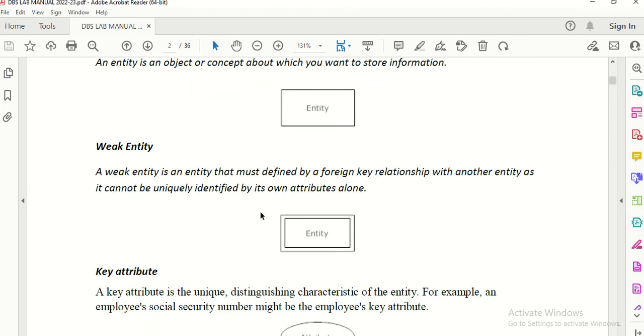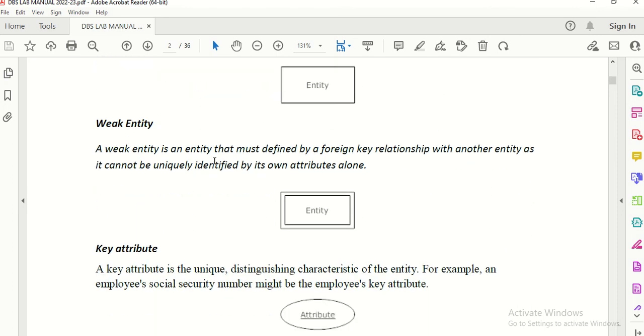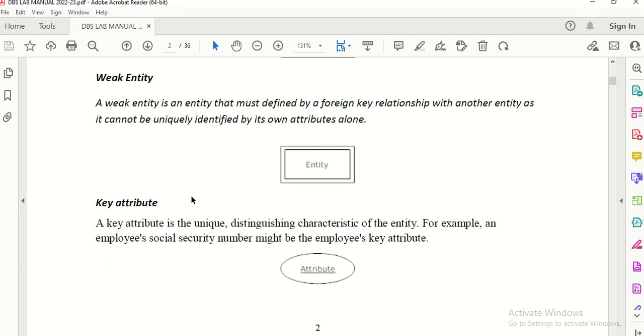Now what is a weak entity? Weak entity is an entity that must be defined by the foreign key relationship with another entity, as it cannot be uniquely identified by its own attributes alone. So in some tables what happens?